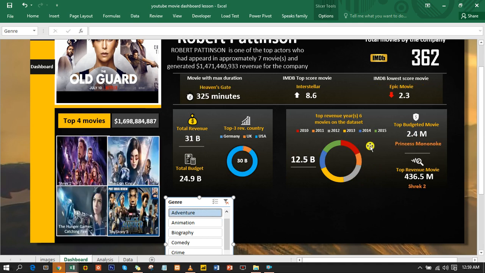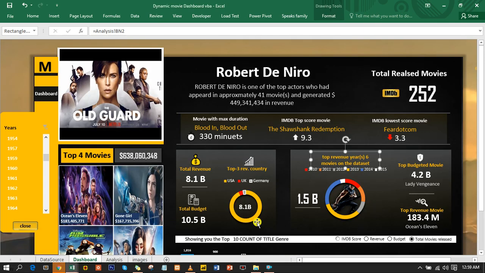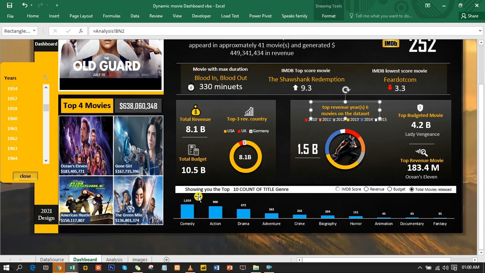Right now let's see this very dynamic aspect that is very important for you to watch and know how to do, if you want to replicate the same thing in your own Excel dashboard. Now if we have this one, we're going to see it based on revenue, and this is the top 10 genres we have. If I go by IMDB score, the highest score is comedy. If I go by the movies released, it's still comedy. For the budget, the highest budget is